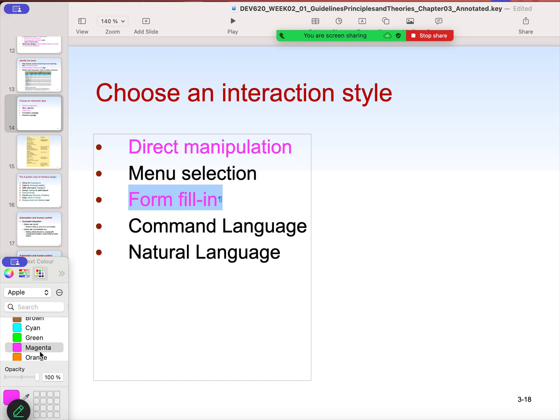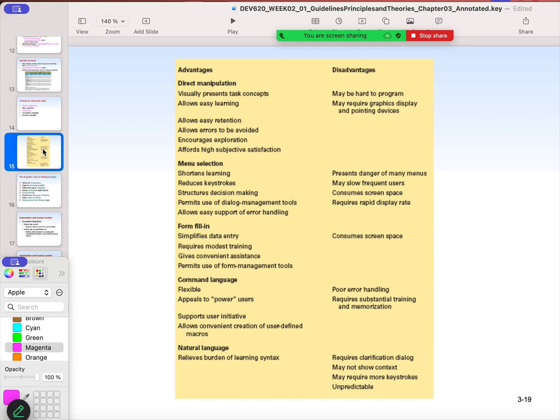For example, my age is such and such, or move this radio button from here to there, or tell me what the weather forecast is. So it is able to understand our speech and take specific actions based on that. Let's look at this table that shows advantages and disadvantages for each of those categories. The direct manipulation,